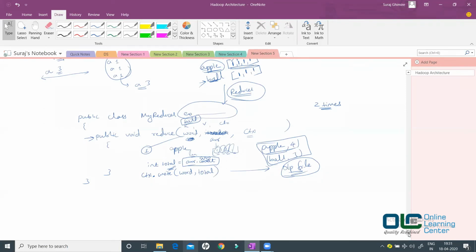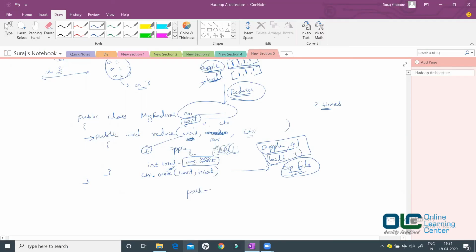Okay, by default there would be one reducer. You can also increment your reducers. You can also say, hey, I want to have more reducers. That's absolutely fine. But by default, when you are writing a simple program, we always keep our reducer to 1. So if your total number of reducers is just 1, then it will create a file called part-r-00000. Okay, the file name would be like this, and here you'll have apple 4 ball.